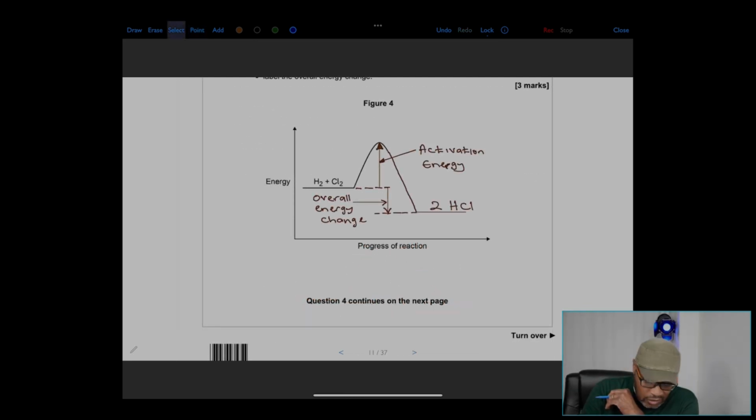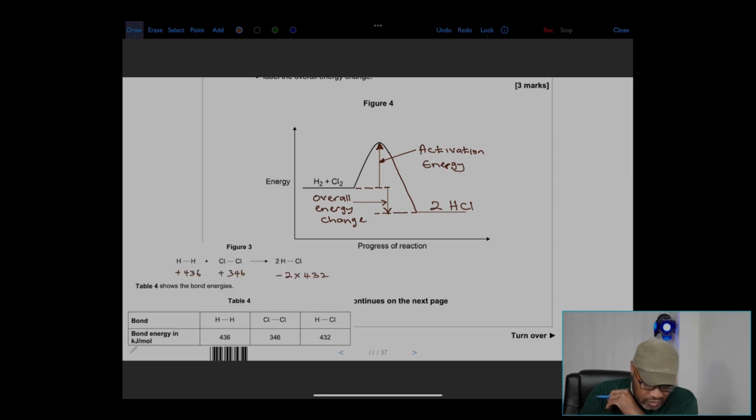So we could actually add the values for the reactants. If we bring in the data here, you can see that one is 436 and this is 346. So that would be the reactants. If we multiply that by that, this would be bigger than that one. So let's add this together and then take away that from it. We're going to get 436 plus